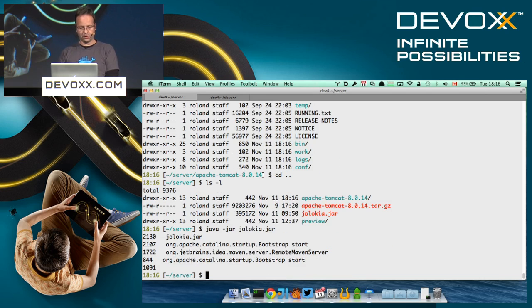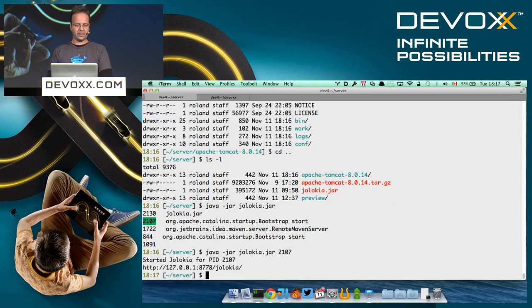If I'm calling this, you see it's the same output as JPS, so it lists all Java processes actually running on the machine. You see here two Bootstrap, which is the Tomcat. There's a second Tomcat for the Jolokia demo, so what I'm taking now is the oldest one. I simply add here the PID. You can also add a pattern. If you have a unique pattern, you can simply say Bootstrap if you have only one Tomcat, and it would connect to